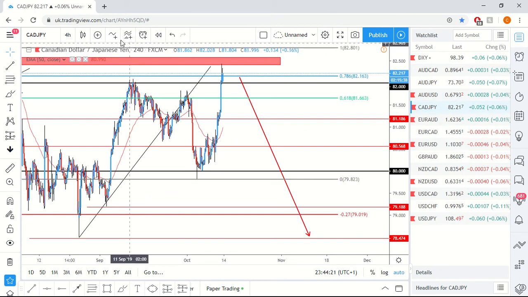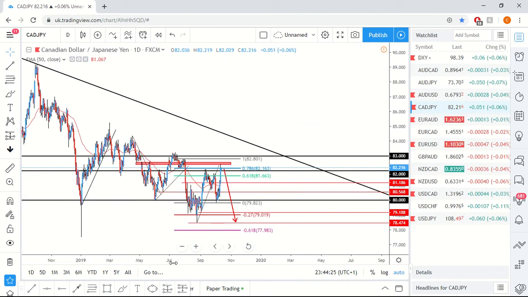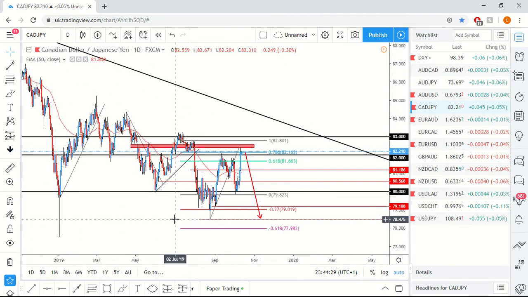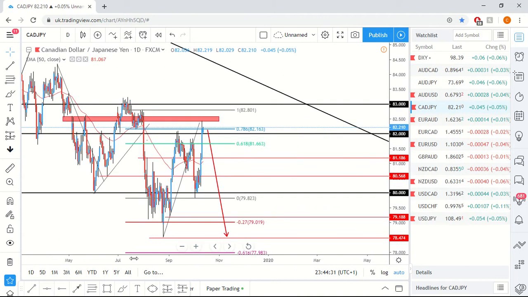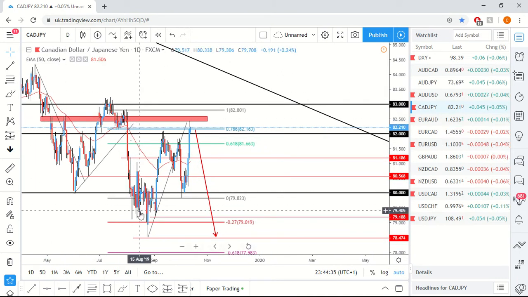Now, moving on to CAD-JPY, and this is something I've been trying to catch, but I haven't really been able to get it. So we have this liquidity area here, and this price action where we've had a series of impulse and correction moves: impulse, correction, massive impulse, then corrections or sideways, another impulsive move to the upside, and then some correction for an impulsive move down. And now we've had an actual impulsive move, a tiny series of corrections and another impulsive move up.